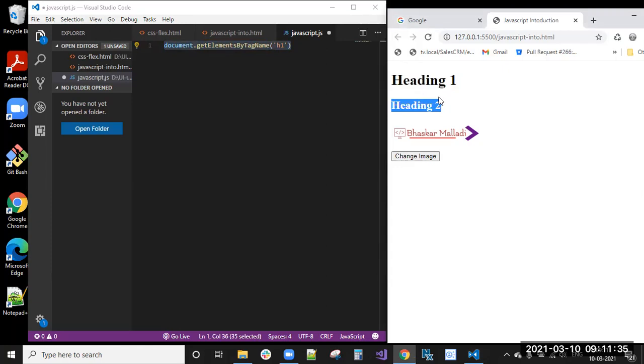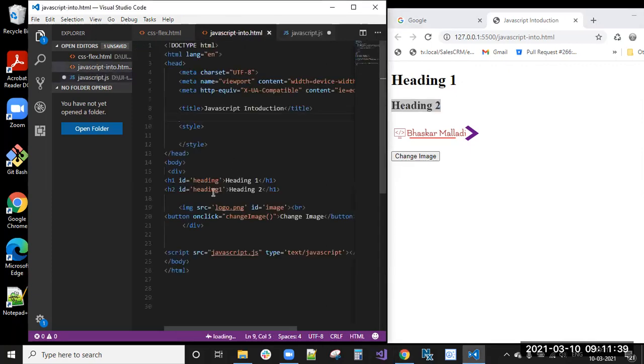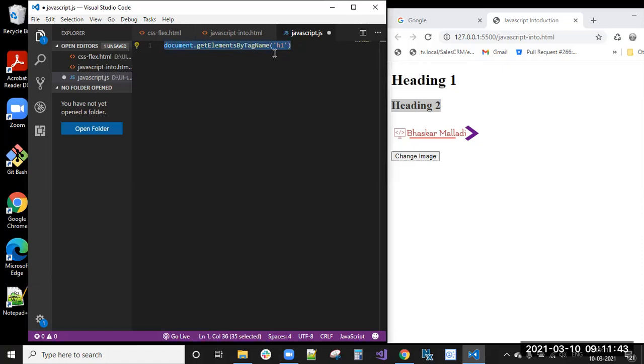These two are H1 tags only, right? I think one H1, one H2. There is only one in the document, but still we will get an array of elements. What does array mean? I will explain that in the array steps. For now, we will see that we need to do it like this only.